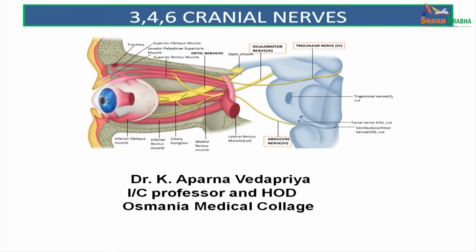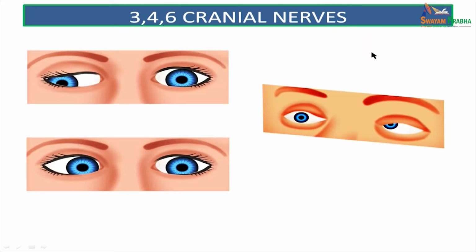I am Dr. K. Aparna Vedapriya, in charge professor and head of the Department of Anatomy at Osmania Medical College, Hyderabad. Today we are going to deal with the 3rd, 4th and 6th cranial nerves, which are the oculomotor, the trochlear and the abducens nerves. Before we enter into the topic, if a patient complains of double vision, and if you look